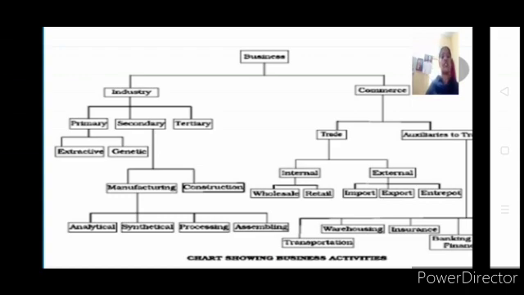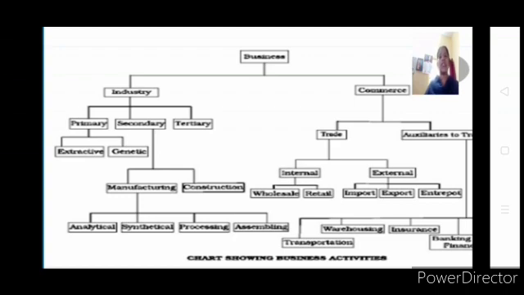So commerce refers to all those activities which are very essential to carry on or take the output of industry to the final consumers. So your commerce is divided into two here, that is trade and auxiliaries to trade. Your auxiliaries to trade can also be called helpers to trade. Helpers in the sense, those which are helping for the trading. Or it can even be said as aid, AID, aid to trade.